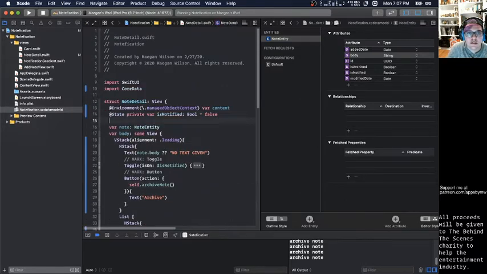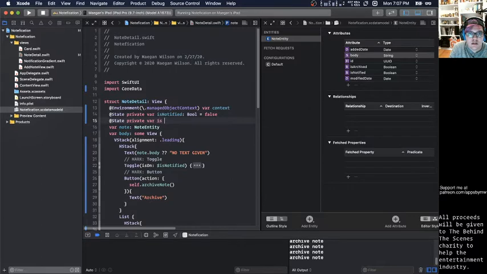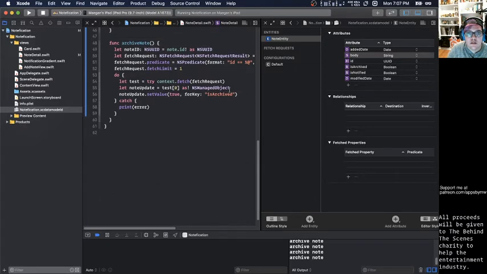Let's actually declare a state variable here also. And we're probably going to end up changing this to a toggle type as well. Down here we'll do